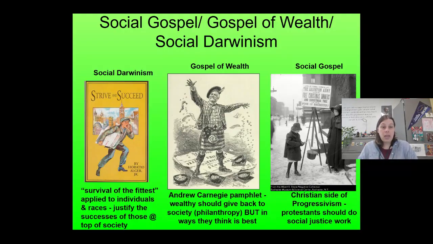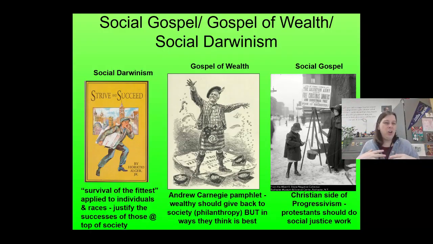Social Darwinism is a worldview that a lot of people adopt in this time period, based on a misunderstanding of some of Darwin's ideas in his work on evolution, that takes ideas like survival of the fittest and tries to apply them to individual human beings and also to companies and businesses. What social Darwinism says is that the world operates naturally if you don't interfere with it, and that people who are the best in some way, with the best genes, we might say today, or the best characteristics or qualities, will naturally rise to the top of society, if given the chance,